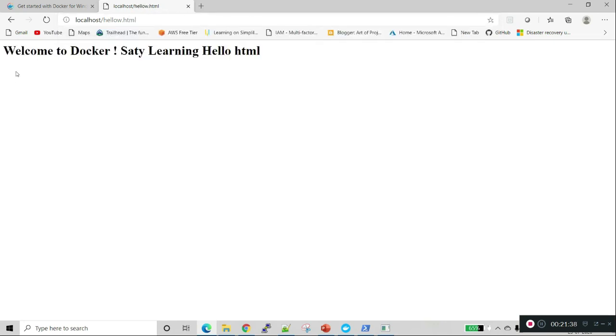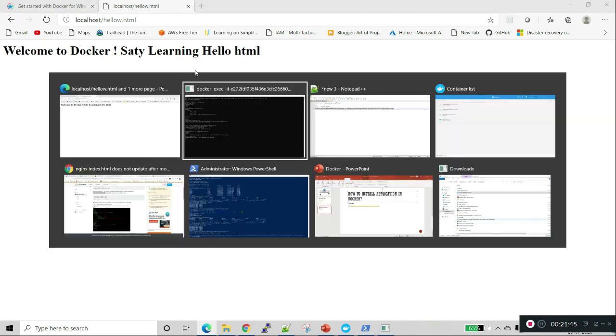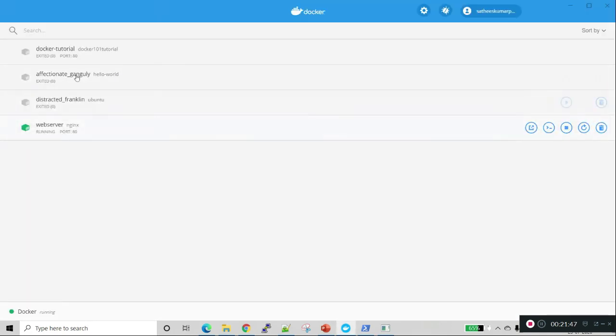This is the way we can install Docker on our desktop, and we can create our application. Now we can see 4 containers are running actually. In this option, we can go and stop the container or start the container. From this container we can push or pull our web application to the Azure cloud actually. I will give you the demo in some other video.